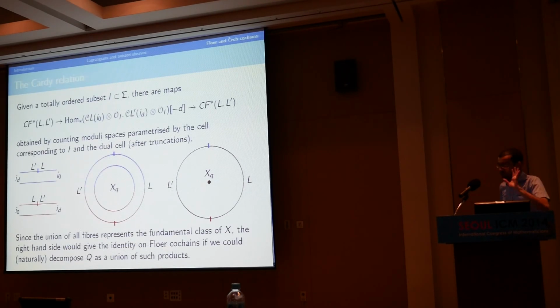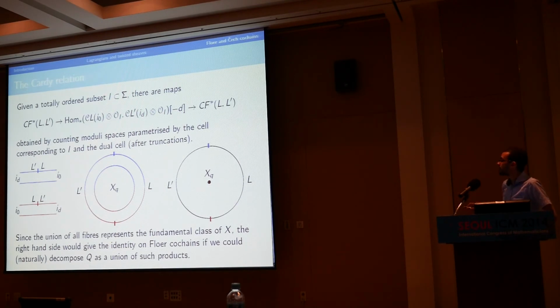And then you can map from Floer cohomology to the sheaf cohomology. This sheaf cohomology, in the Čech model, is basically a direct sum of a bunch of morphisms that are associated to every cell of your triangulation. The spirit of this map is the same as before. You again have some kind of parametrized moduli spaces, except now they're parametrized by the actual cells of the subdivision. In fact, they're parametrized by truncations, but let's just ignore that for a second.